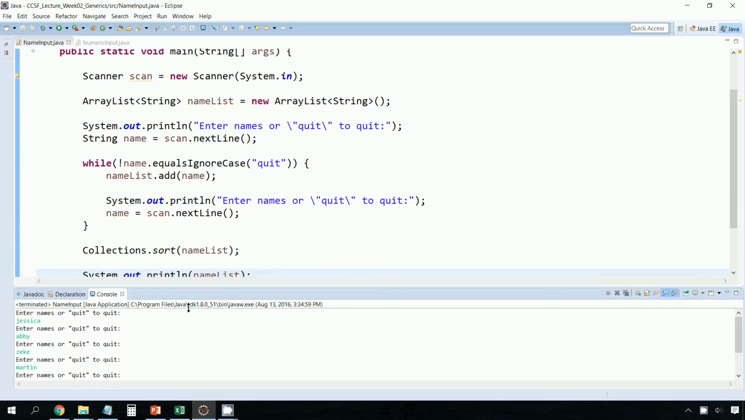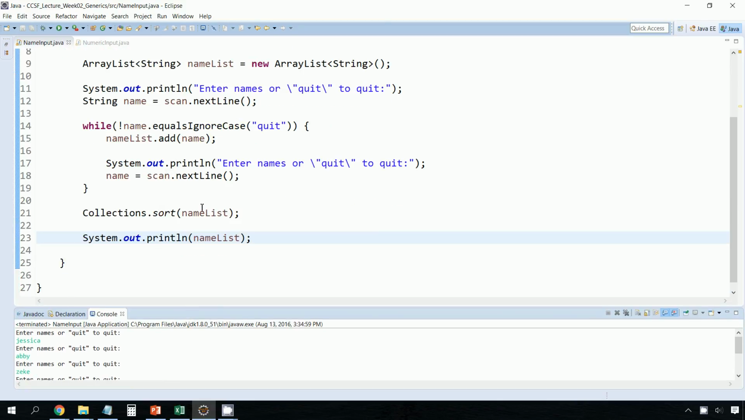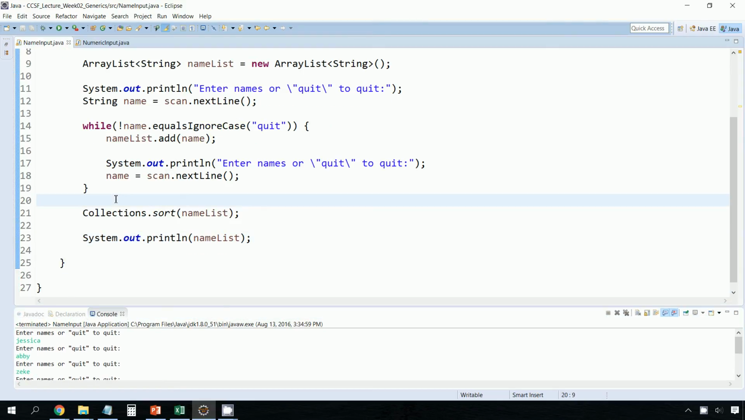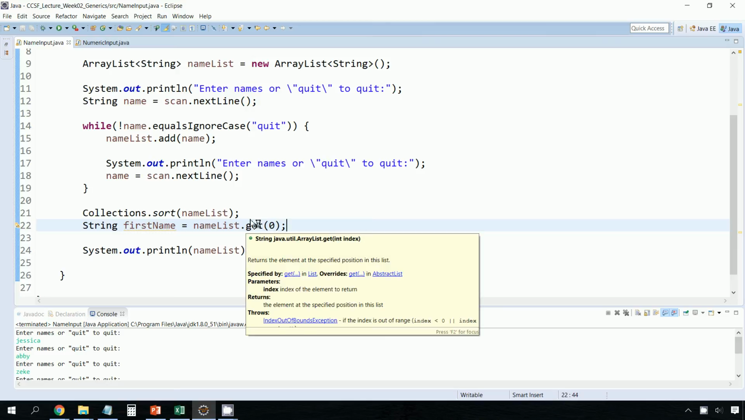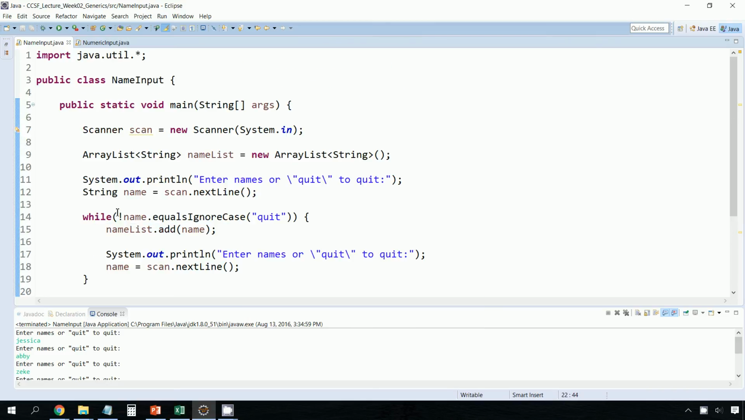And again, if we were to want to get an individual item off this list, we could do so. The first name is nameList.get(0), and we don't have to cast, again, because we know that only strings were allowed to be put on this list. Okay? So similarly, now here again is an example where we're creating an array list that holds strings,